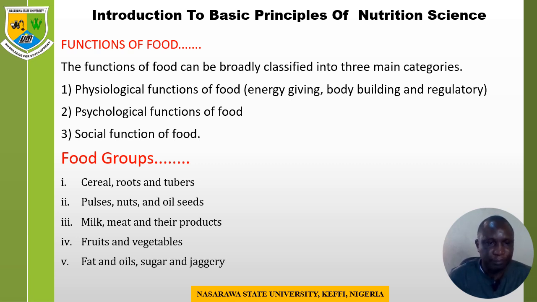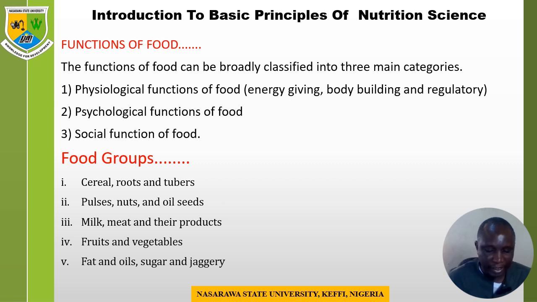Food groups. Food has been classified in different forms. We have 5 groups. One, cereals, roots, and tubers, which we usually call staple food. These are foods common in our area all throughout the year, commonly eaten. The cereals, roots, and tubers can be gotten from rice, maize, rice flakes, wheat flour, yam, and